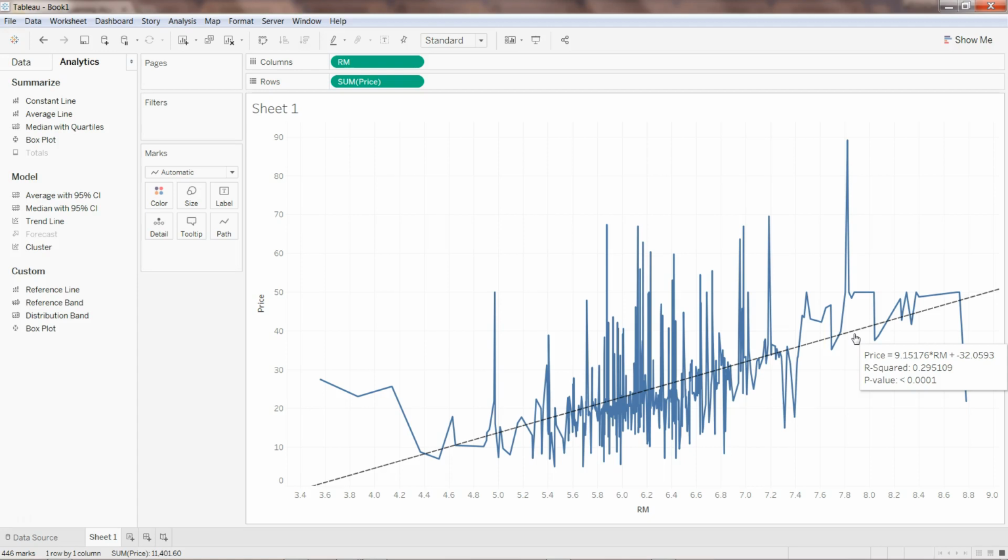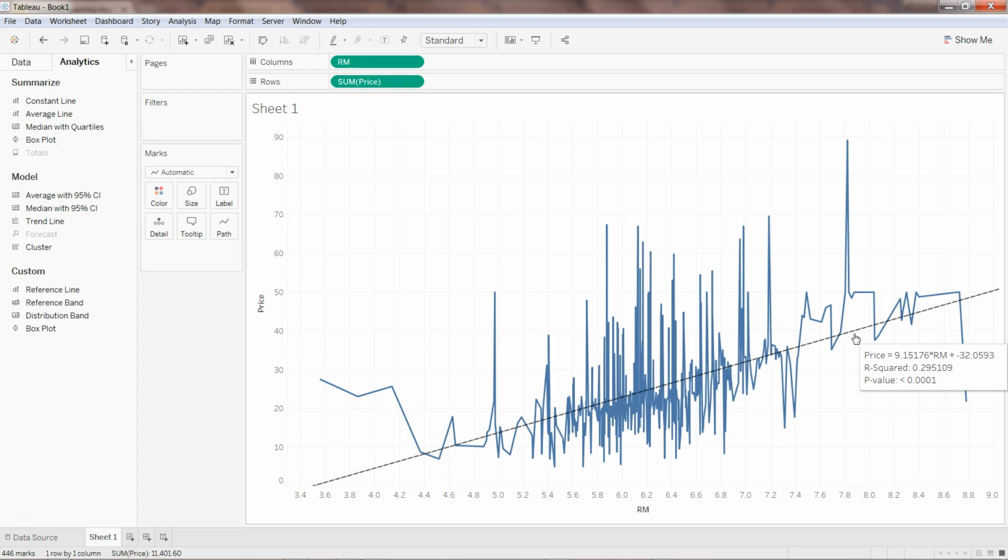So with the help of this equation, you can find the price based on the number of rooms. Then also you have the R squared value, which is saying 0.29. That means with the help of this average number of rooms variable, you can only explain